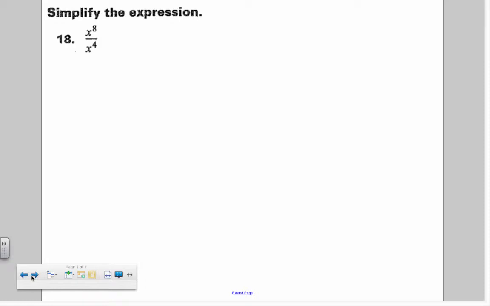Well, here we just have a quotient, right? Something that's being divided, and it's just two variables. So I have x to the 8th power divided by x to the 4th power. And because they're the same base, they both have a base of x, then I can go ahead and use the quotient property